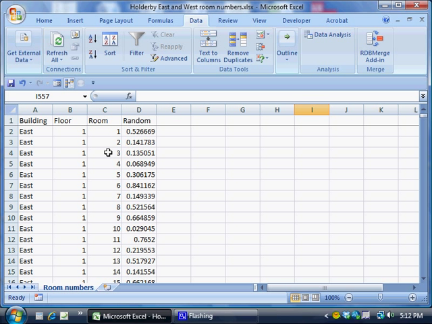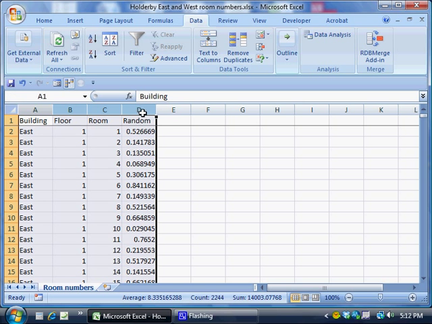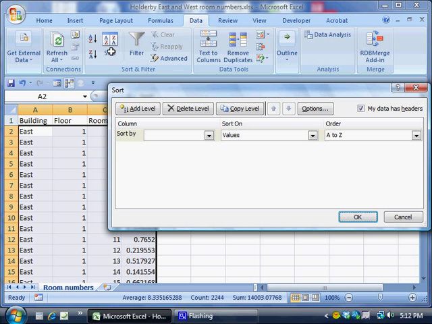And now the next thing that I want to do is sort by this random number. Now I'm going to highlight the cells and choose data and sort, and make sure this my data has headers box is checked. And then I'm going to have it sort by the random column. And over here I can choose smallest to largest, which is the default. I can also choose largest to smallest. It really doesn't matter. These are random numbers, and what that means is that they're in random order. So whether you go high to low or low to high doesn't really matter. So I click OK,